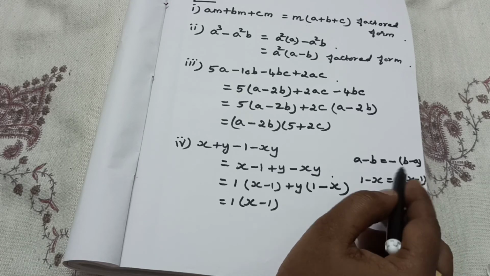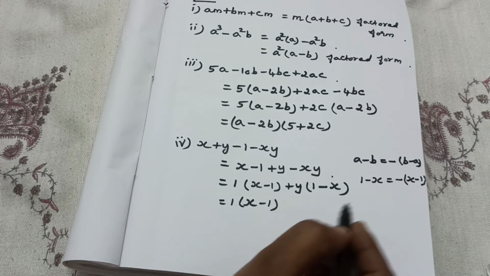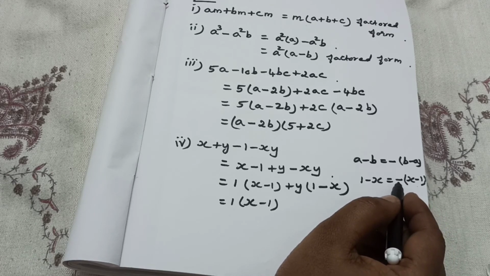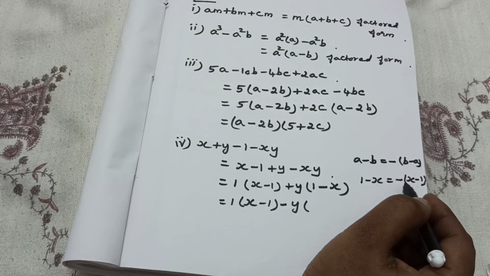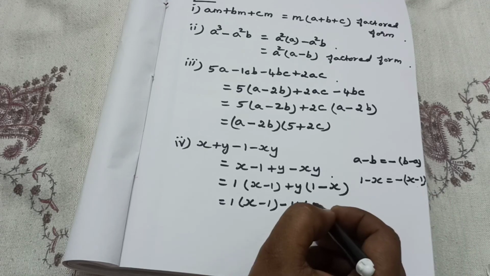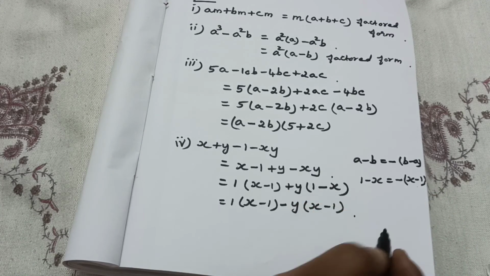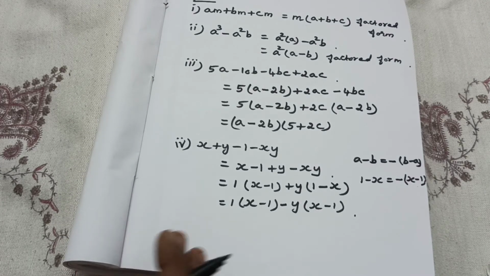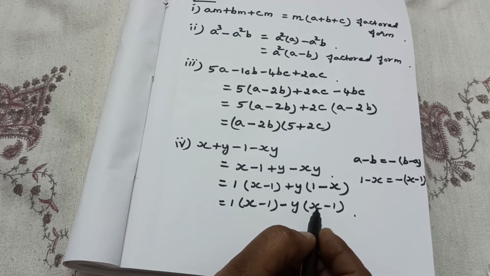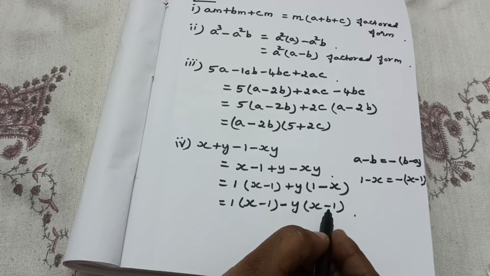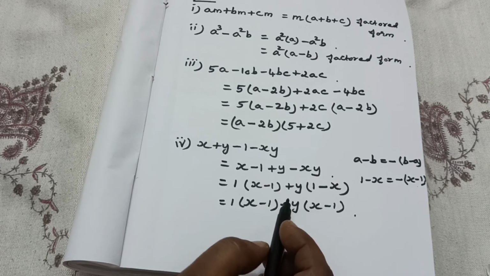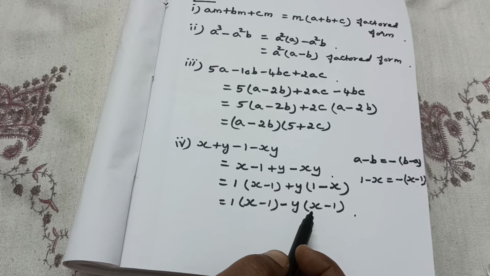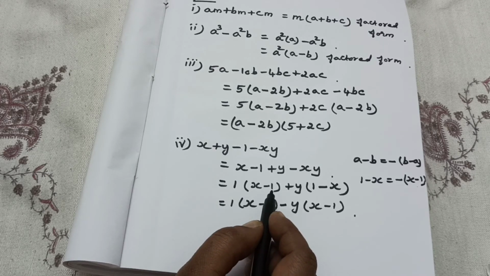Okay? Then here also, here we have to use this form. Okay? Here minus, that minus we have to write here, minus this y into, okay? Y into, instead of 1 minus x, what? X minus 1 you have to write. Any doubt? And then anyway, minus into x is what? Minus x. Minus into minus is plus 1. Then it won't change, okay? So minus common we took outside. Then we wrote like this. Y means here x minus 1 is there.